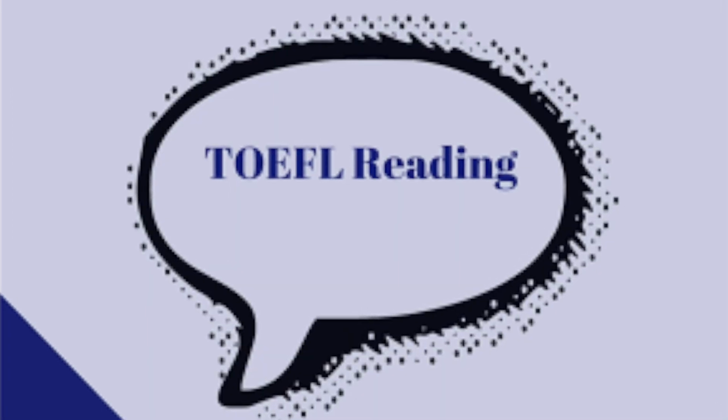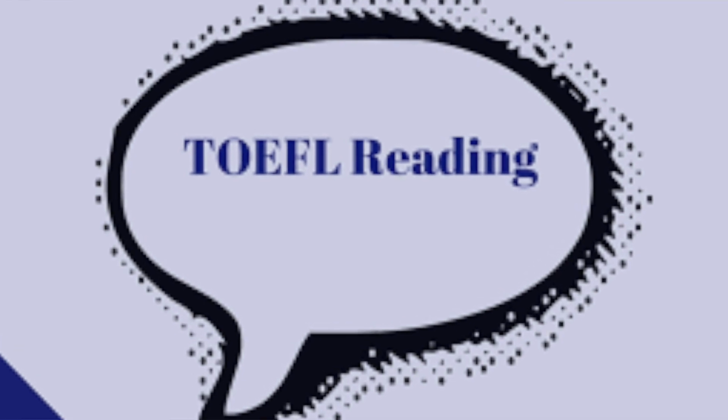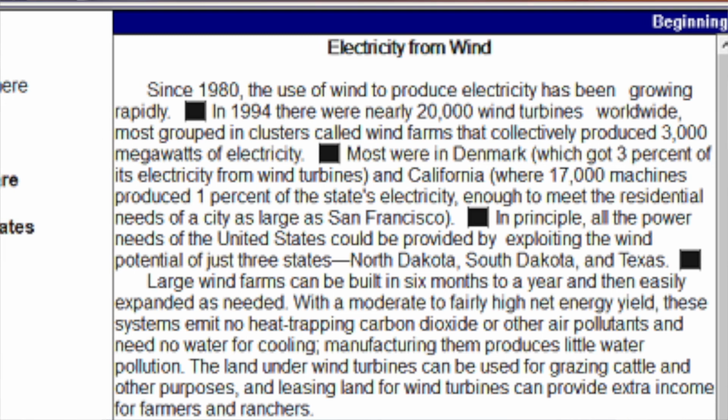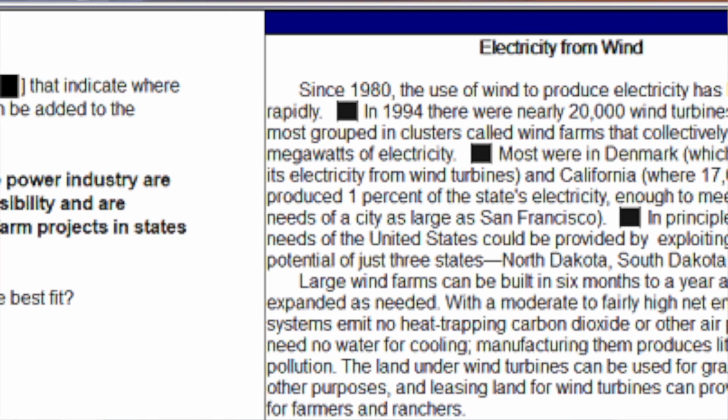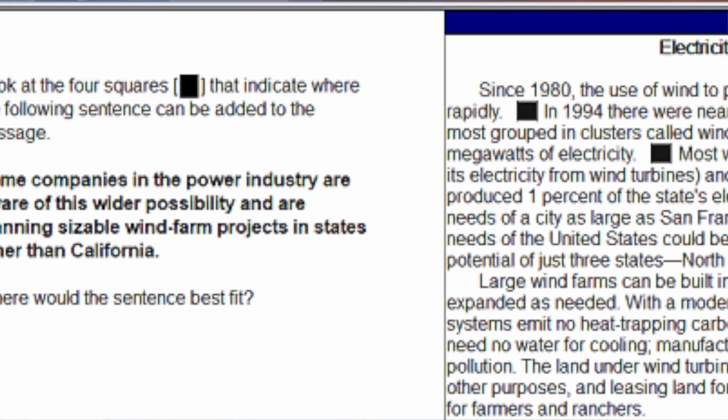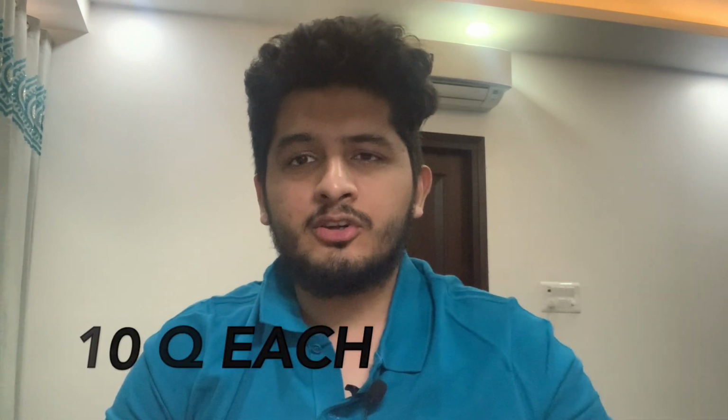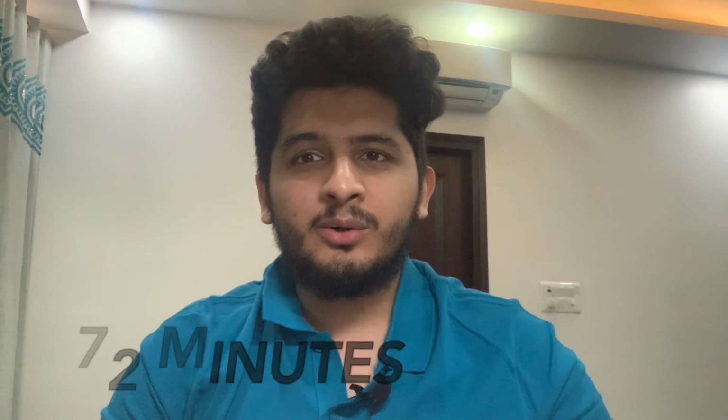So first let us talk about the reading section in TOEFL. The reading section basically comprises, if it is a normal standard version, 3 passages with 10 questions each, and you will be given 54 minutes to solve the 3 passages. And if it is an experimental section, then it would contain 4 passages with 10 questions each, and you will be given 72 minutes to solve all of them. And I remind you, these passages are very long, around 700 words each, so it takes a lot of time to solve them. So let me give you some tips for the reading section.